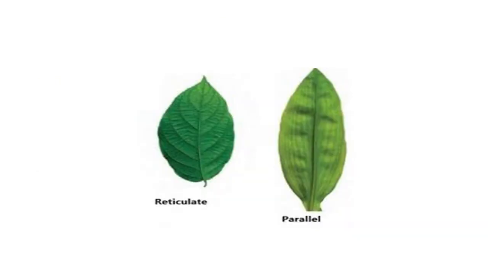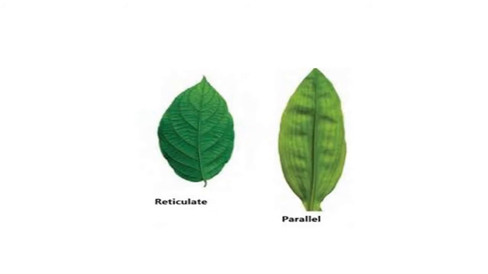In this figure, clearly we can compare both types of venation, that is reticulate venation and parallel venation. The first feature is about reticulate venation. Here in the lamina, we can clearly observe the central region which possesses the midvein or main vein, and the other veinlets. This venation is one type of network-like arrangement, and it is known as reticulate venation. It is generally observed in dicotyledon plants.